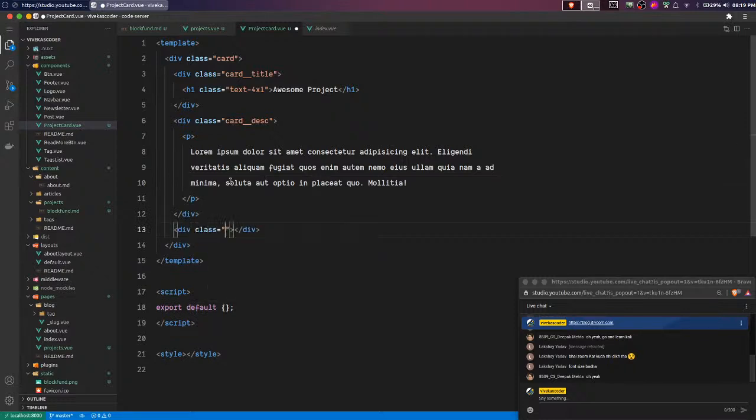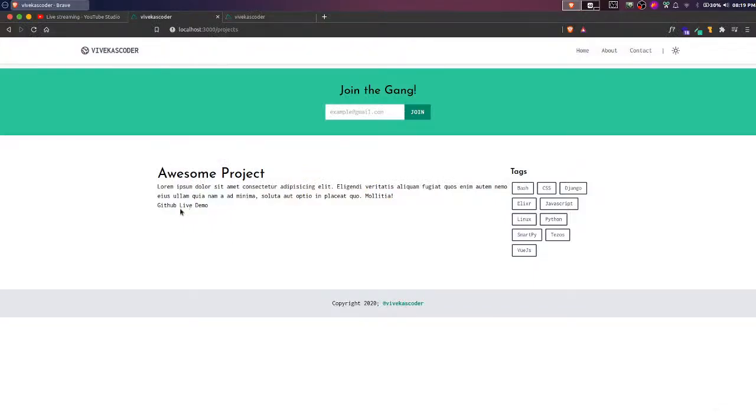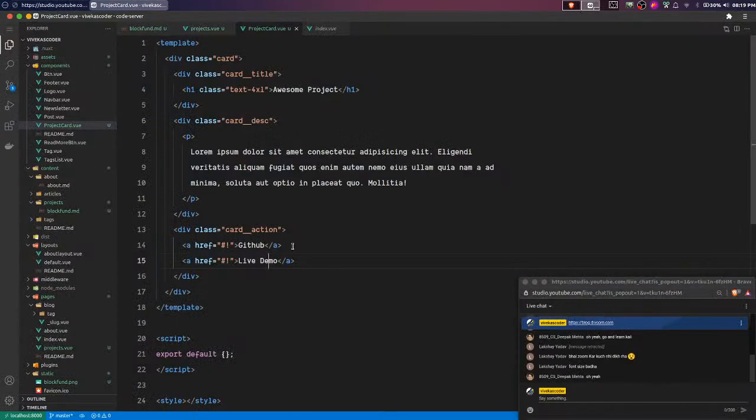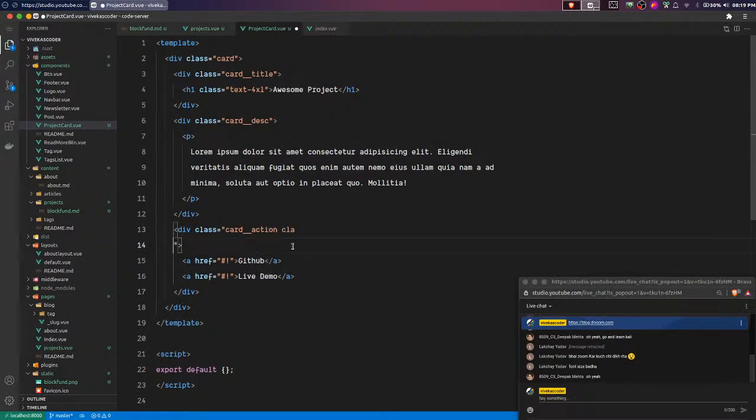Div class to be card action. We're going to have two buttons here just to link those things. So an a tag can say GitHub and another a tag for the live demo. These are basically going to be the buttons. So let's style them quickly. First things first, let's do space dash